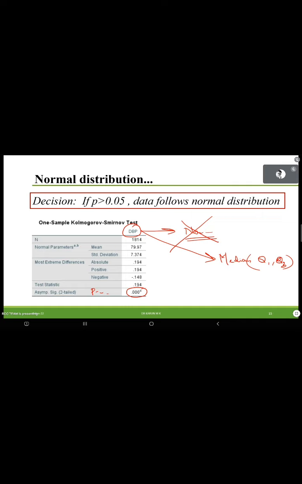See here, and one more point I want to say: whenever SPSS displays something like 0.000, you are not supposed to write P equal to 0.000. This is the wrong way of writing. You should report it like this: P is less than 0.001. This is a probability value. SPSS will display only 3 digits after the decimal point, but after some number of zeros there may be some value. So we are saying that value is very small, less than 0.001. Instead of writing it is equal to 0, we are precisely telling P is less than 0.001.